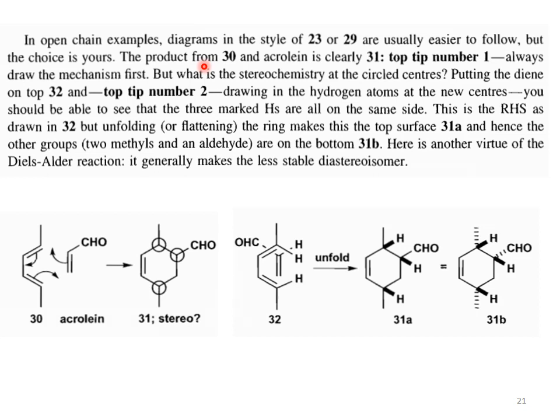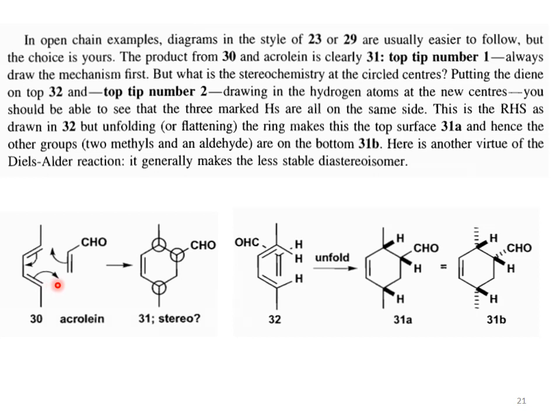When compound 30 reacts with acrolein, it gives us 31. So see the 3 carbons. It means the product has 3 new stereocenters. This is one stereocenter, the second stereocenter and the third stereocenter. Two stereocenters are produced within the diene part, and one stereocenter is produced in the dienophile. The other carbon of the dienophile is CH2 that is attached with 2 hydrogens, so at this carbon, a stereocenter cannot be created.